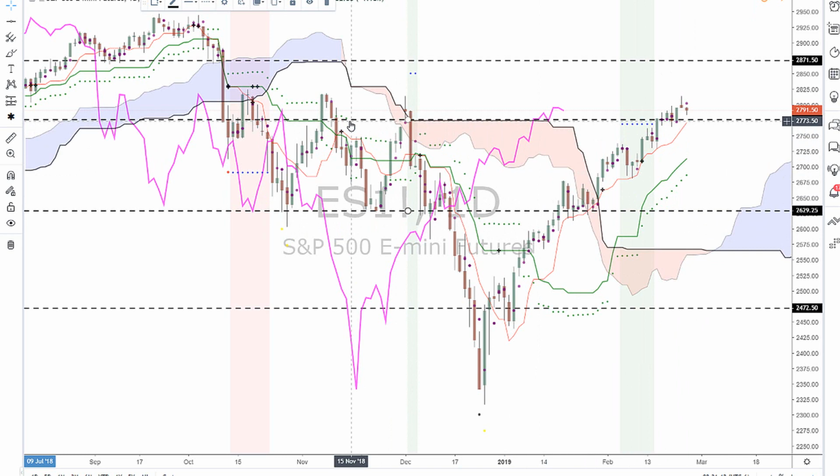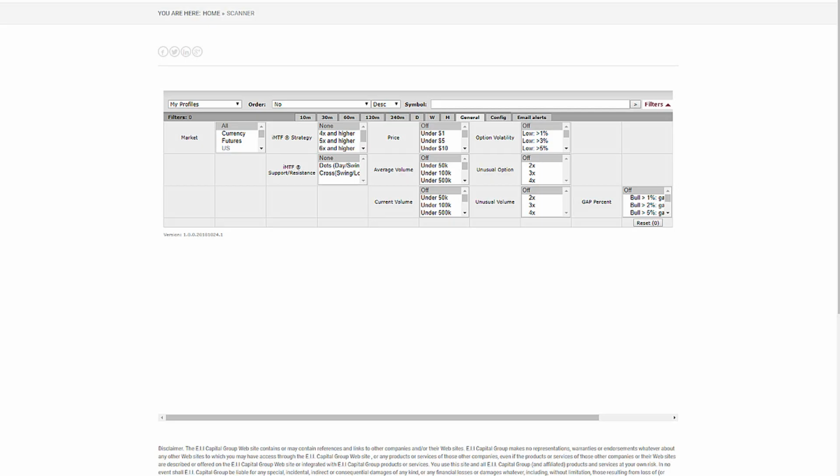Quickly before we go, I want to show you exactly what stocks are trending in this market at this point. Okay. So what I'm going to do is show you everything that's trending on the weekly and monthly time frame in the S&P 500. So I'm going to go to our scanner at imtftrade.com. I'm going to choose the S&P 500, and then I'm going to go to the monthly time frame,